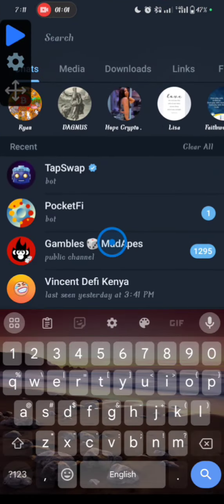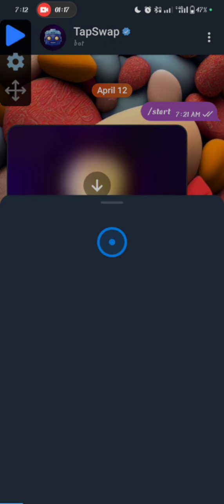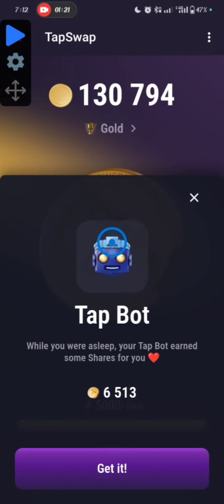Now on Telegram, when you click on the Tapswap link, it will bring you to this page, and then when you click on start, this page will pop up. When this page pops up, you click on start now. Now this is the trick. This is the trick I want to show you now. When you click on start now,